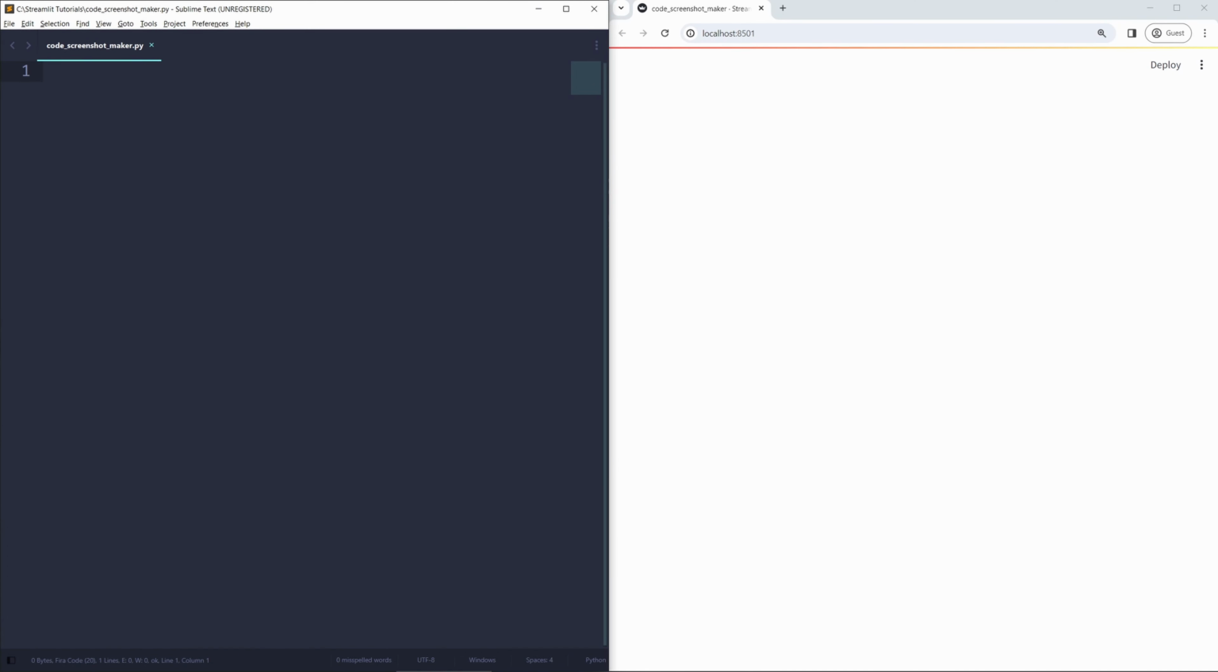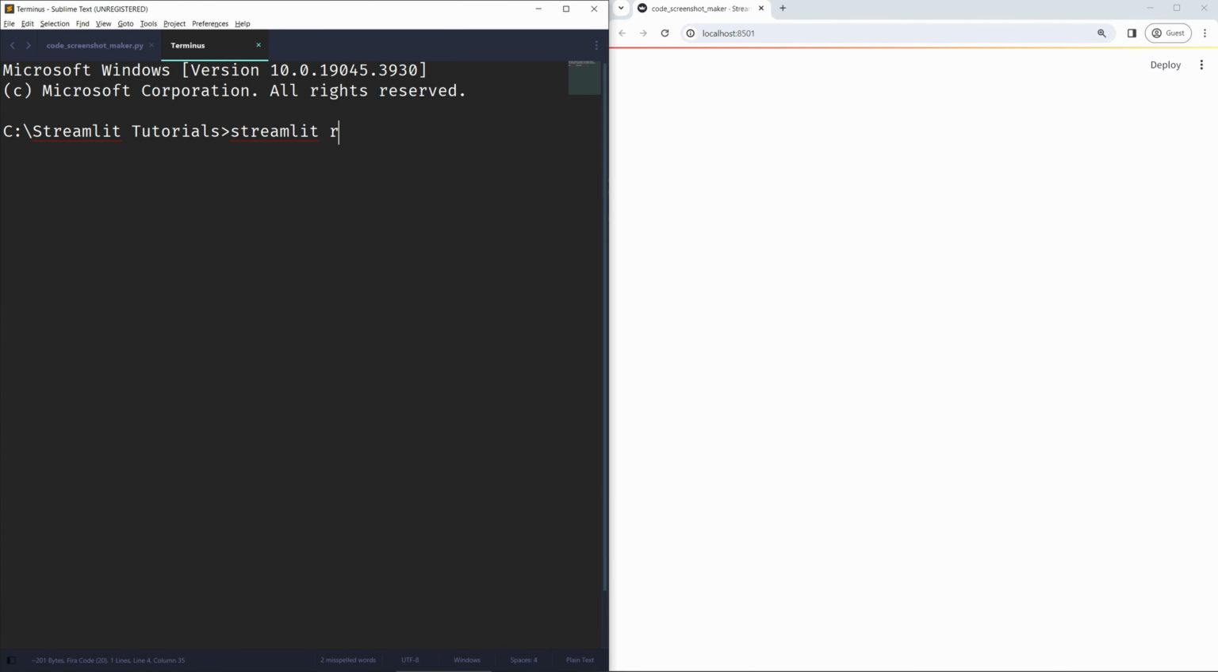On my screen right here, I have two windows open. On the left, our source code. I have run the source code so that any change I make is going to be synced to the web browser on the right side. You can do this either through your terminal, through the command streamlit run and then the name of your file, which in this case I have named code screenshot maker, or if you're using Sublime Text and the Sublime Streamlit package, then you can use the build system Streamlit. Either way, once you have created a file and successfully built it,